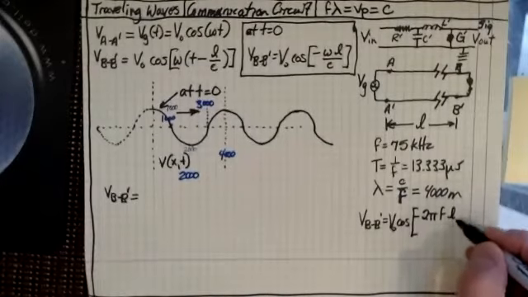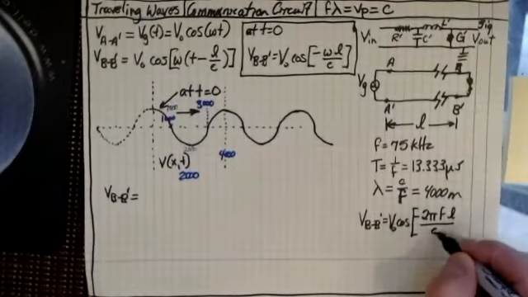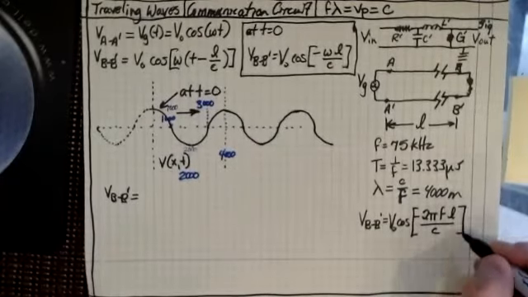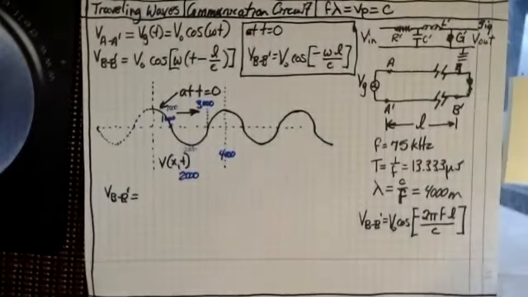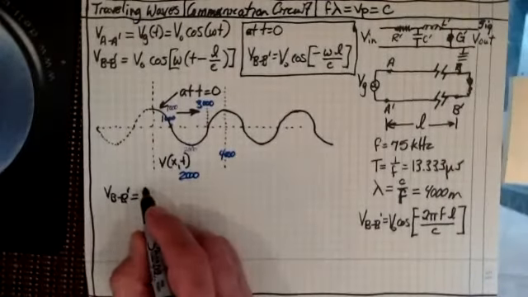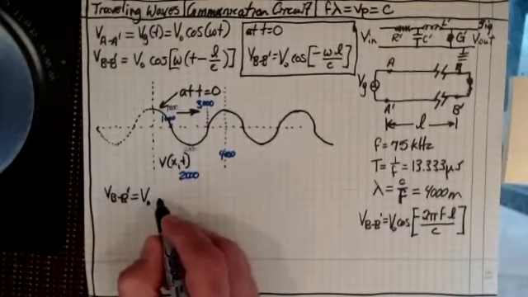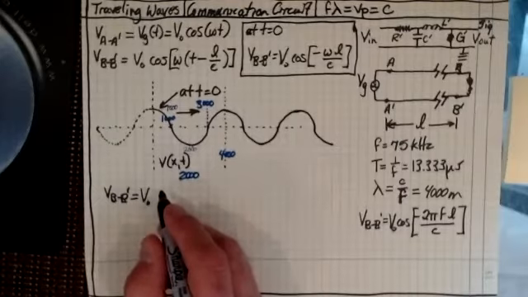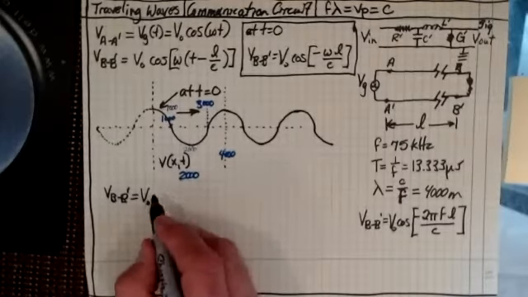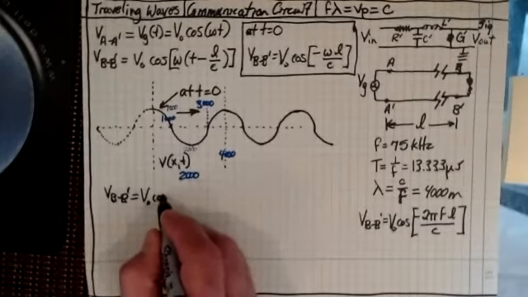And then L over C. Does everyone see that's a minus up there? Okay. So if I do that and then look at what it would be, let's look at 1,000 first, because 1,000 should come out to 0, shouldn't it? So I've got V0 times the cosine